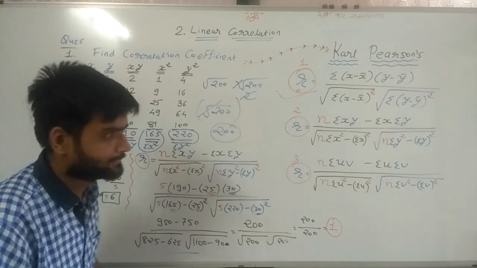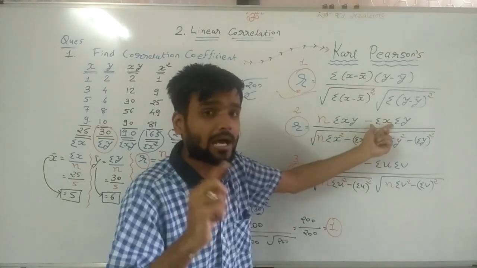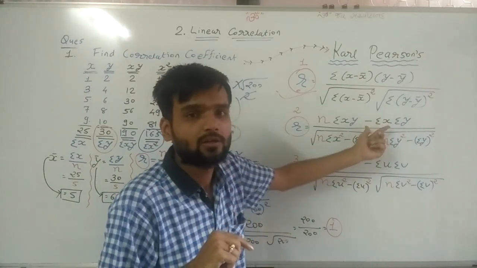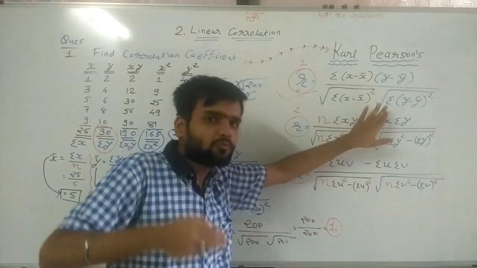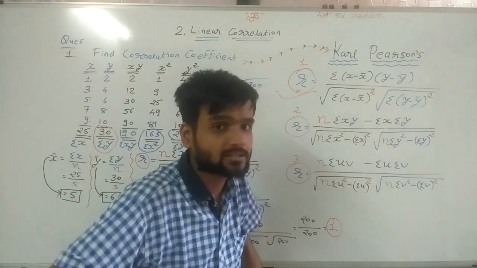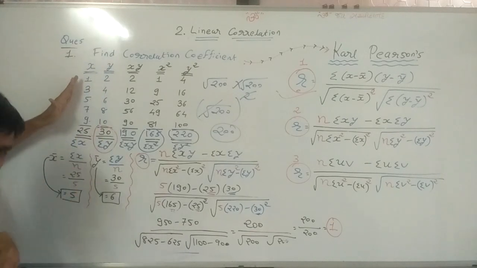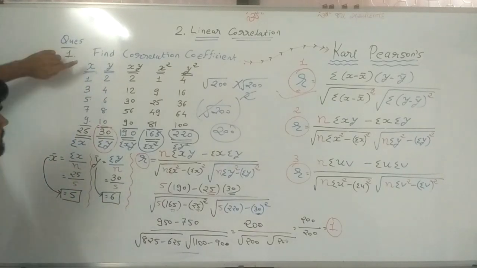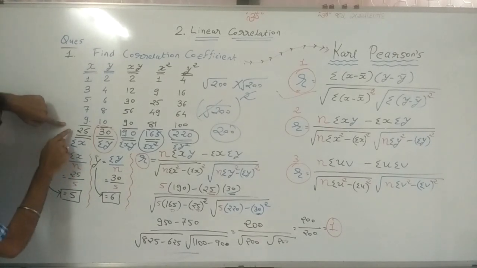Now, go ahead. Minus sign, that you know. Now, here the answer is sigma x, sigma y. So, sigma x, don't see sigma. Total of what? X. Sigma x means total of x. See the x column, it is given to you. We need the total of that column, x total. It is denoted by sigma x. So, my sigma x is 25.